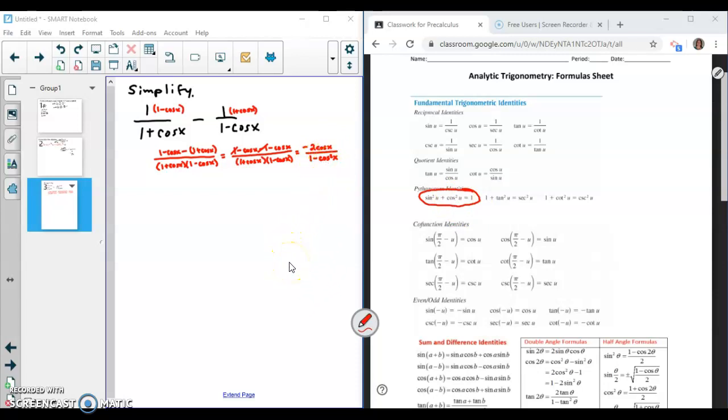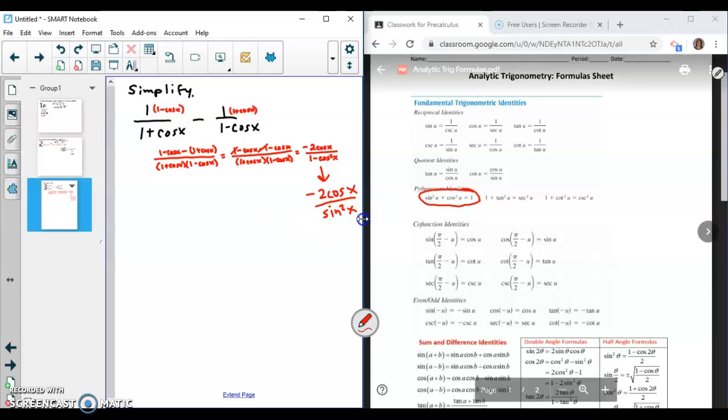I don't think that that particular case would help me tremendously, but I'm going to go ahead and put it in anyways. That would give me negative 2 cosine x over sine squared x. And all that simple step allows me to do now is, usually when you simplify, you don't want fractions anymore. And so all that allows me to do is break this down so that I could have something like negative 2